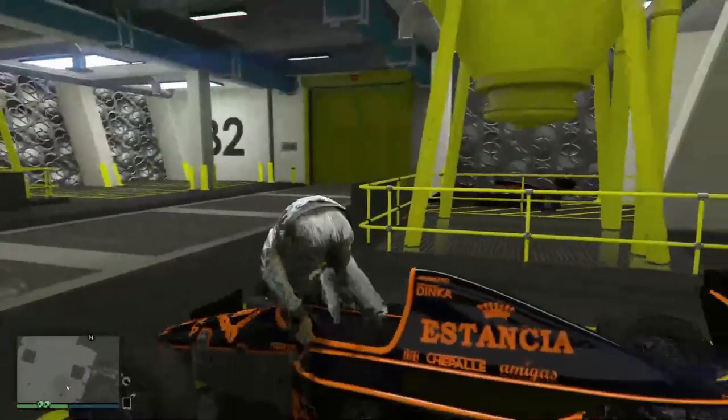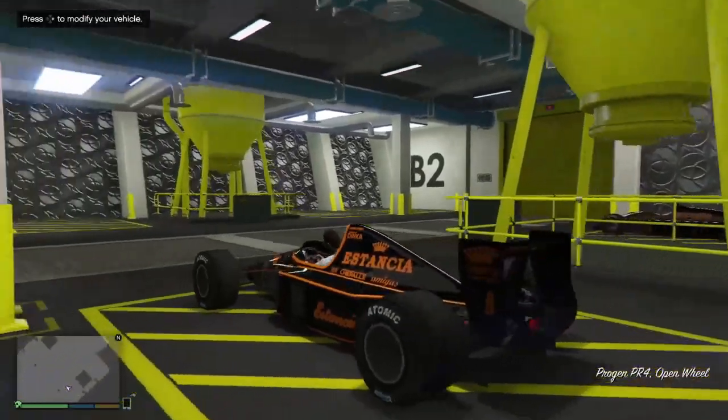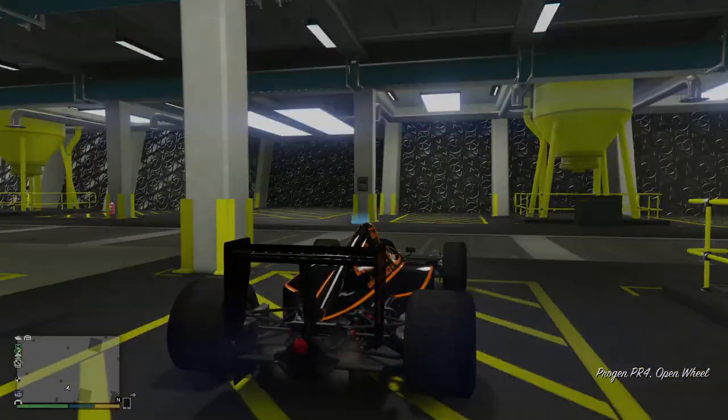So these races are part of the drip feed of the Diamond Casino heist, and I'd probably say these are the most realistic races we've gotten in GTA Online. A lot of the races we've gotten in the most recent past updates were sort of stunt related. I would say these are most similar to the races we've received really towards the beginning of Online or the release of Online,